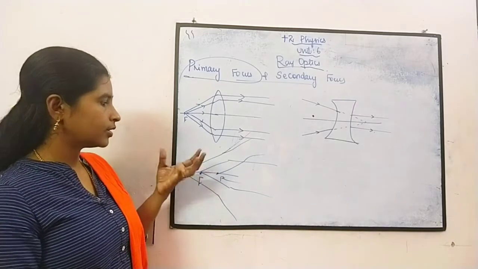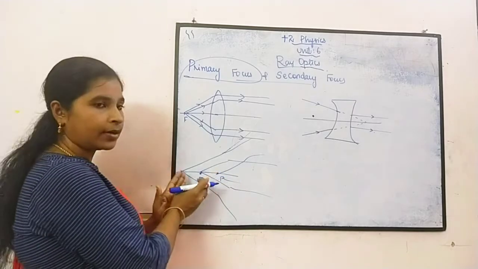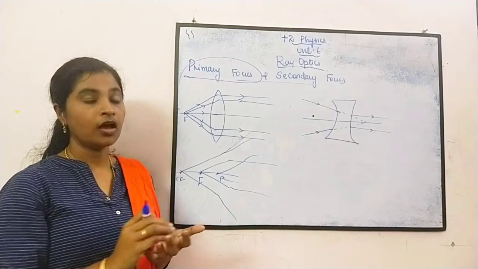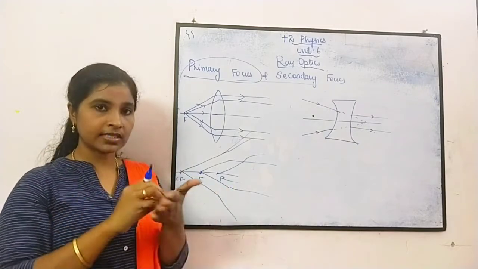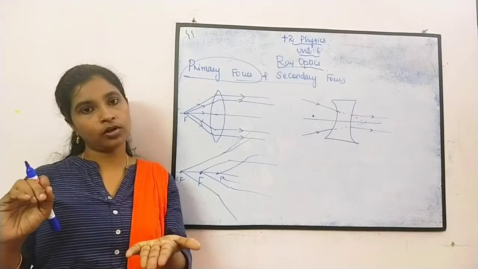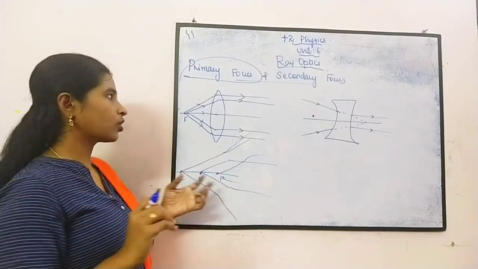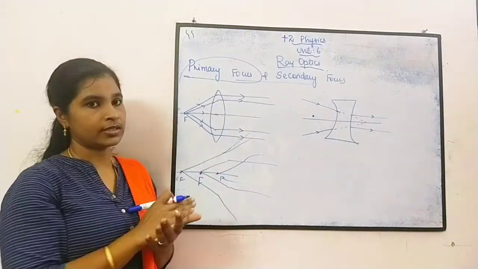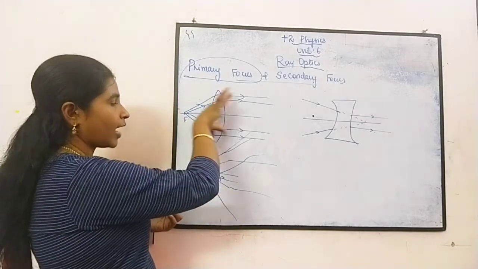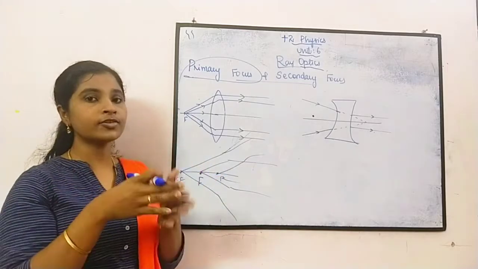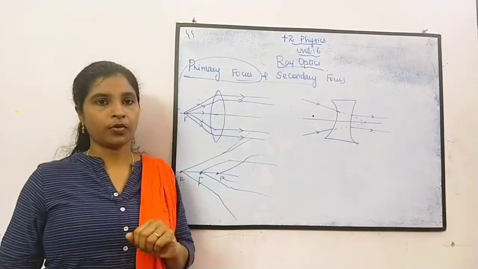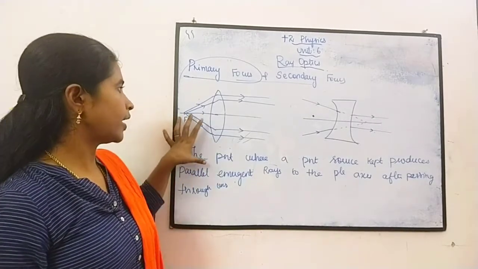That is, when we take this point as the focus, if this is the focus point, we will not get a correct parallel ray. So the focus point at which you get parallel rays in the output, that focus point we are calling the primary focus point. Clear? So the focus point at which the refracted rays emerge parallel to the principal axis, we are calling that the primary focus point. This is in the case of a convex lens.